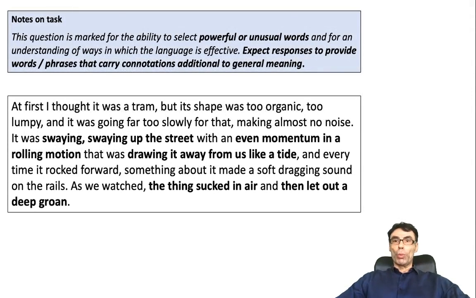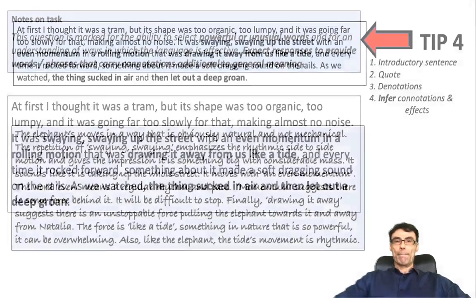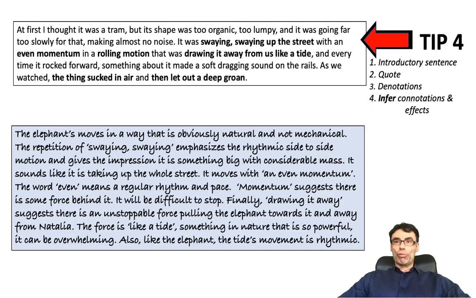I have used bold on some of the words and phrases in paragraph 9 that describe how the elephant is moving. Remember, I only need to choose 3 from each paragraph, so obviously I'll choose the ones I think I can explain the best. Let's take a look at how I might write a response. Here's tip 4. Use this formula. Offer an introductory sentence, write down your quote, give the explicit meaning or denotation, and explain the connotation or what it implies about the elephant and how it moves in this case. Repeat steps 2, 3 and 4 for each of your quotes.